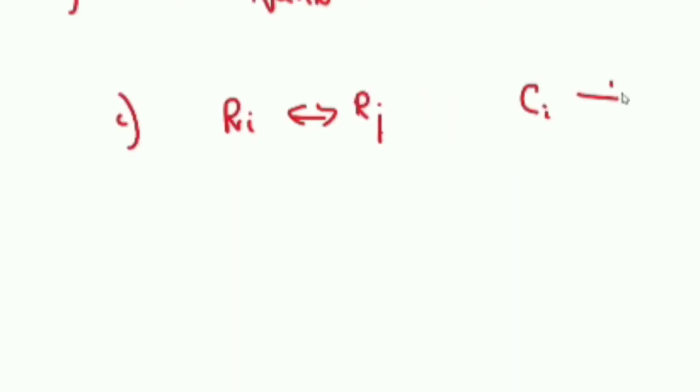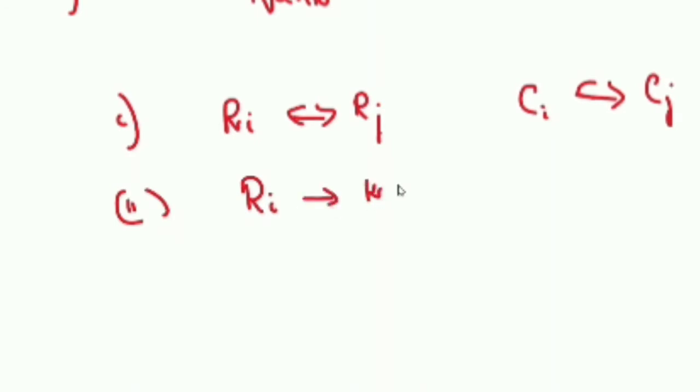So elementary row transformation means, first, you can interchange any two rows. This is the sign we use. You can interchange any two rows or any two columns. Second, you can multiply a column or a row by a constant, k times Ri. The value or the rank will not change. You can do all these operations. Similarly, you can do the same thing with columns also.